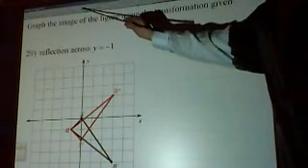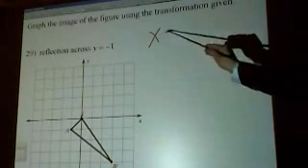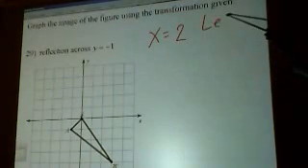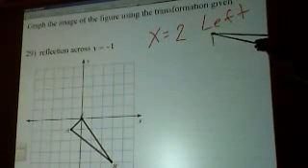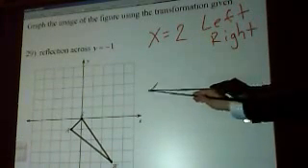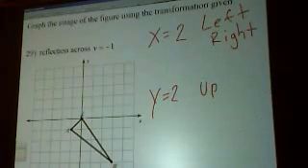It's not that hard. Just find out what your mirror is and try to remember that if it's an x equals line, it goes up and down. And if we had something like y equals 2, it goes left and right, right? Or,